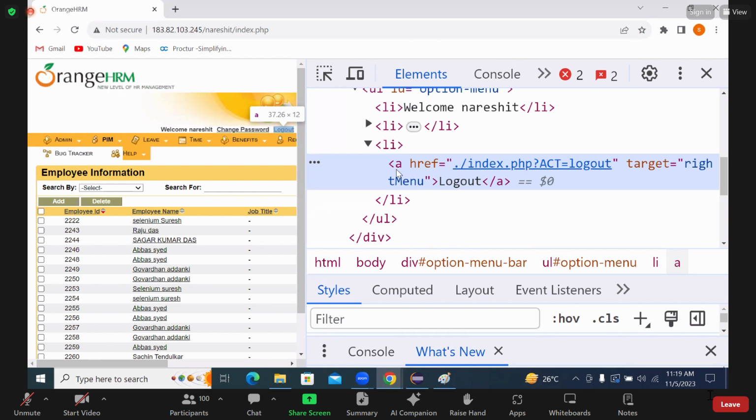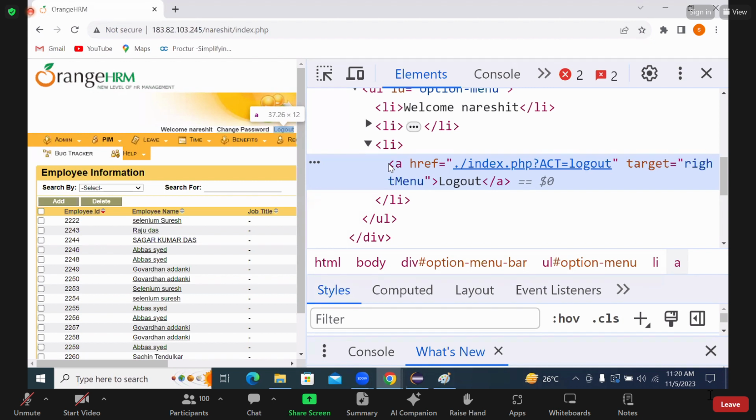If you are able to see the small a, consider that an anchor tag. Anchor tag is nothing but link. In case of a link, we can try